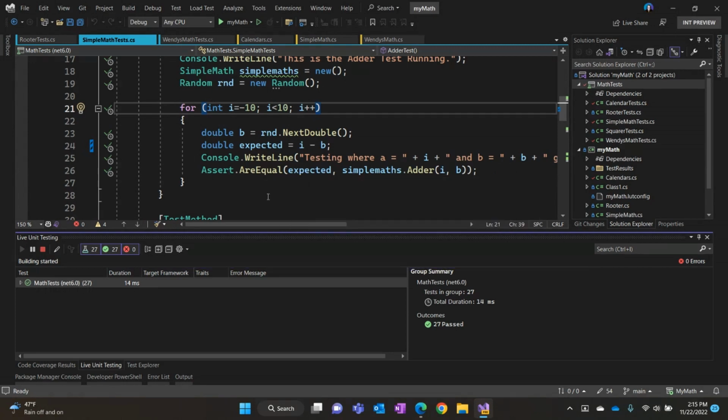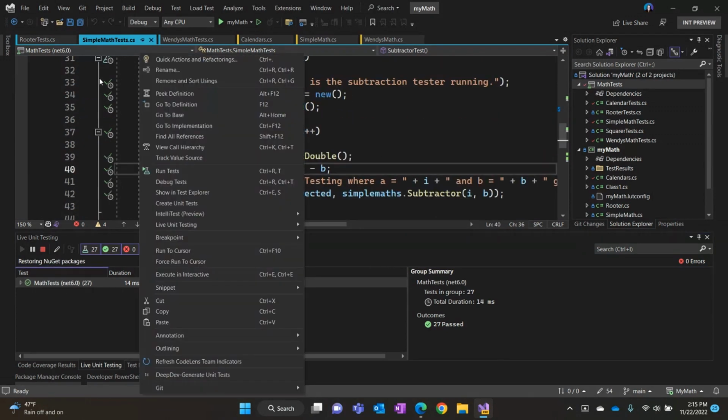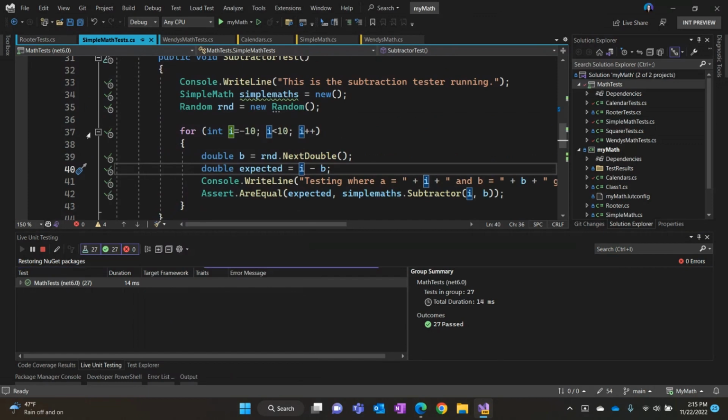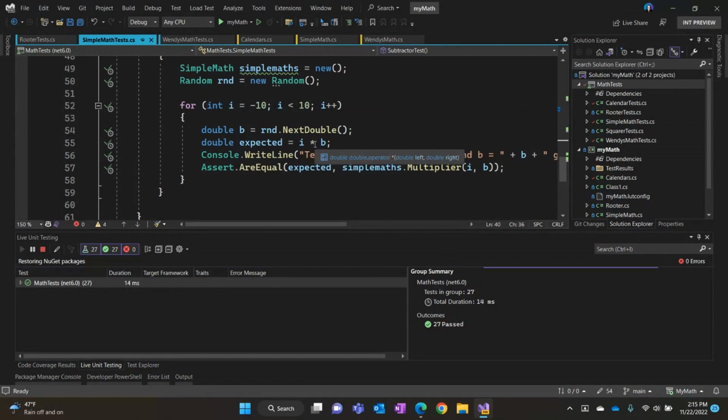Once that's set up, you can start coding away, and you can see it's already added all these green check marks on all of my tests. These are all my succeeded tests, and everything's looking good. If I were to come in here and make a mistake, it's still doing the build, but you'll see red start to appear.